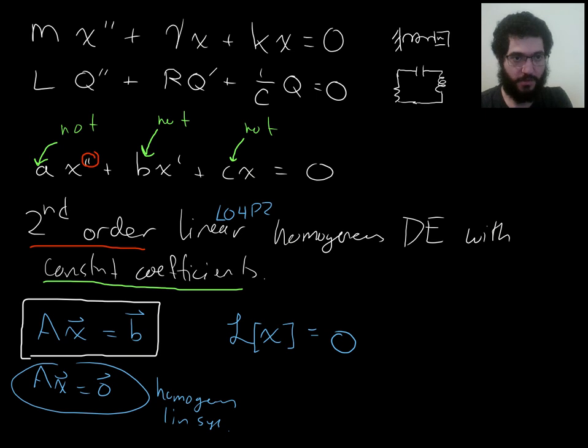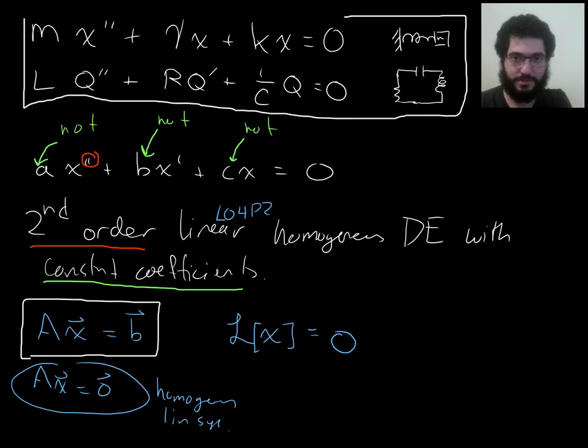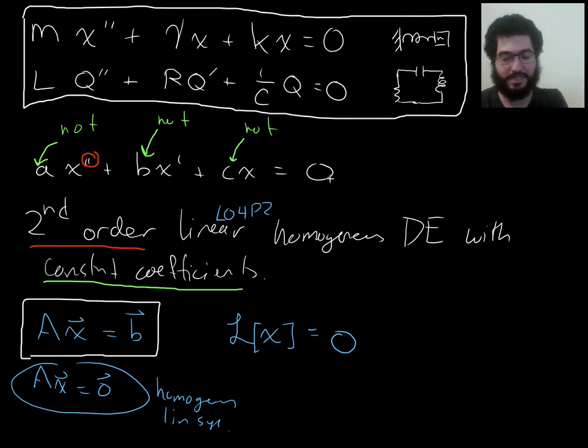Now, a slightly unrelated point that I want to make. Look at these two differential equations. They both have that form, ax'' + bx' + cx = 0. But the things playing the role of a, b, and c are different constants, and these constants have physical meaning. Since we have the same differential equation, the spring mass system and the RLC circuit, same differential equation,